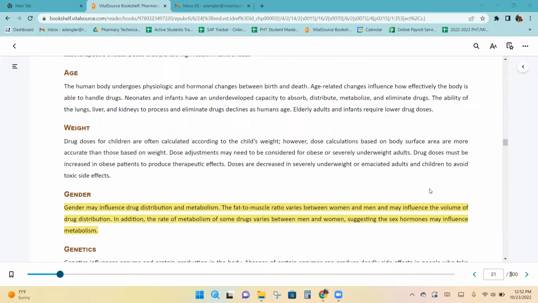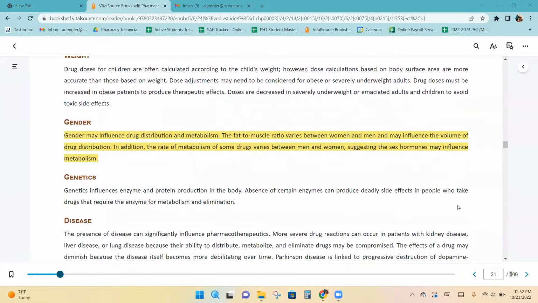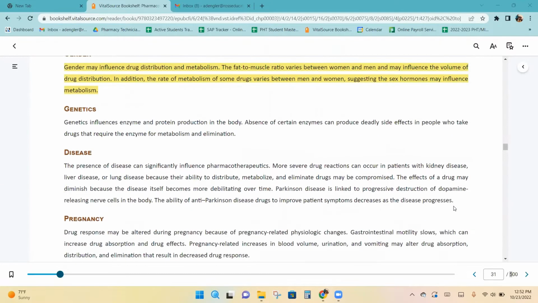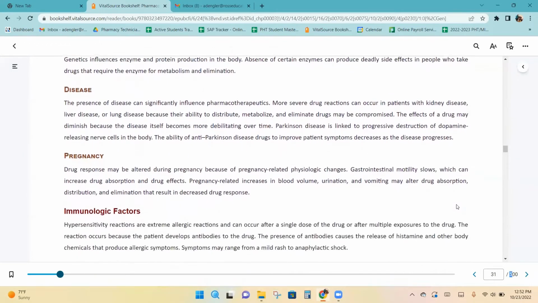Drug doses for children are often calculated according to the child's weight. However, dose calculations based on body surface area are more accurate than those based on weight. Gender may influence drug distribution and metabolism. The fat to muscle ratio varies between men and women and may influence the volume of drug distribution. Genetics also influences enzyme and protein production in the body. Absence of certain enzymes can produce deadly effects in people who take drugs that require the enzyme for metabolism and